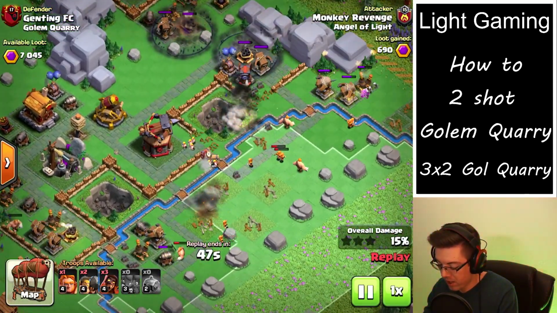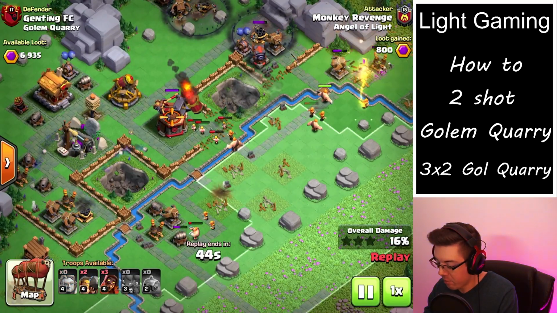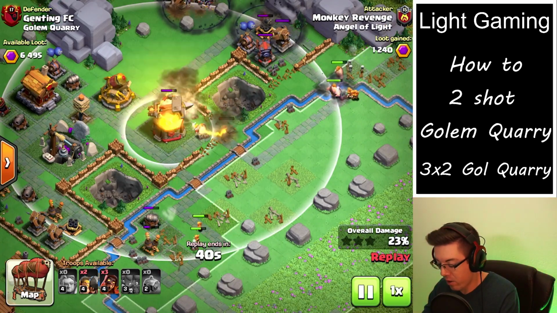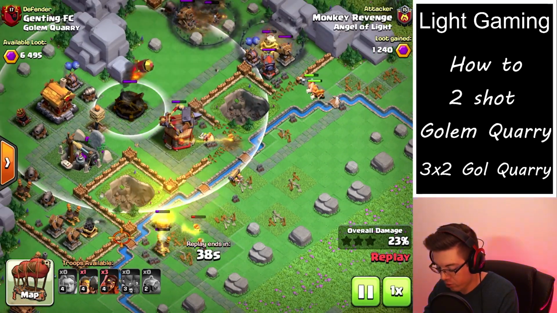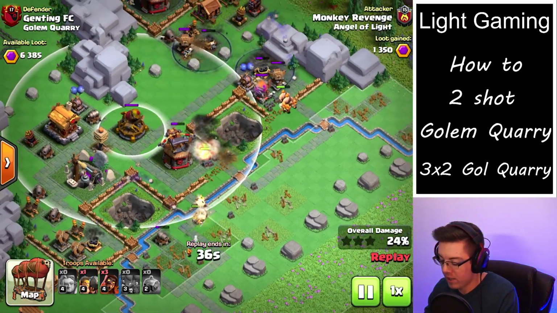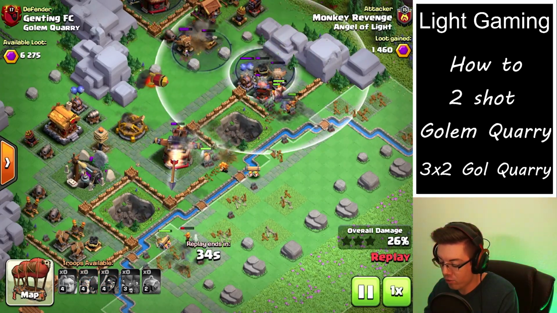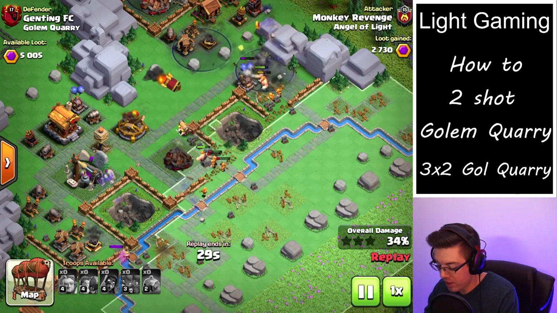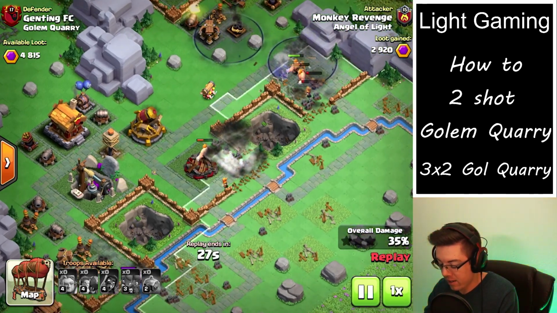We're making sure that we clear out this beginning portion of the base right now so that we can gain entrance to the blast bow and the rocket artillery with a couple of troops. Now we've sent in a few of the super wizards to take out this right hand side along with the giants. So now that the blast bow is taken out,